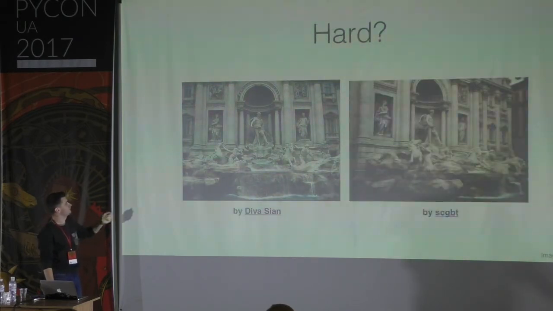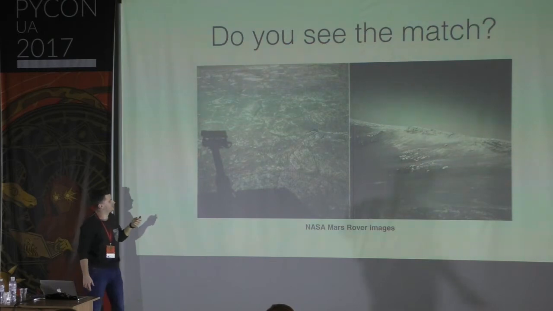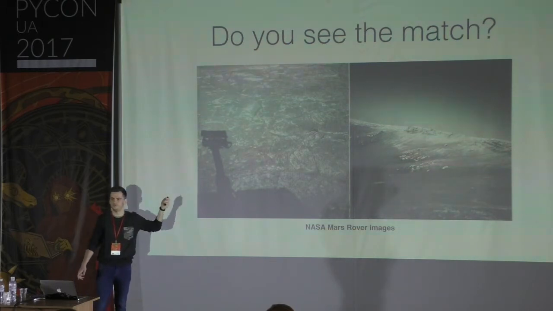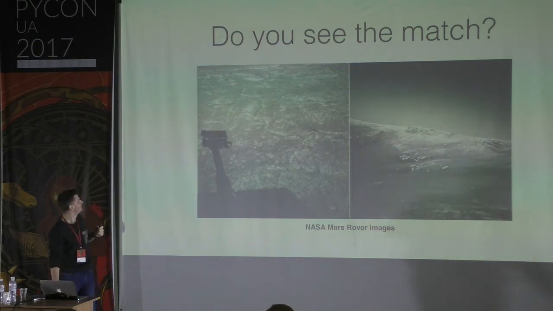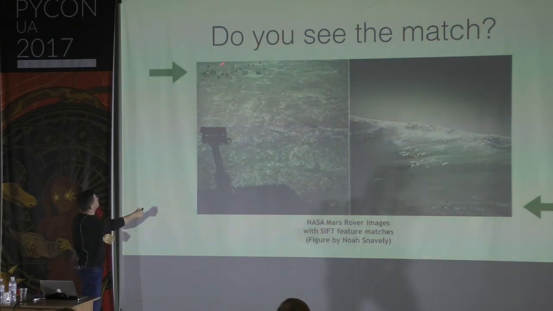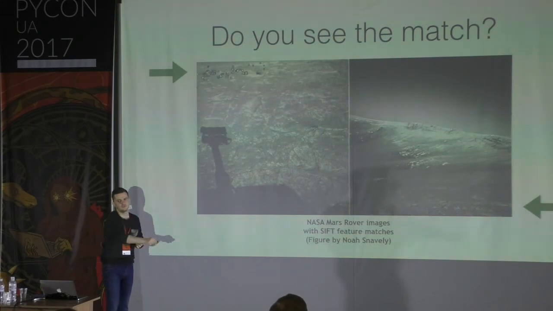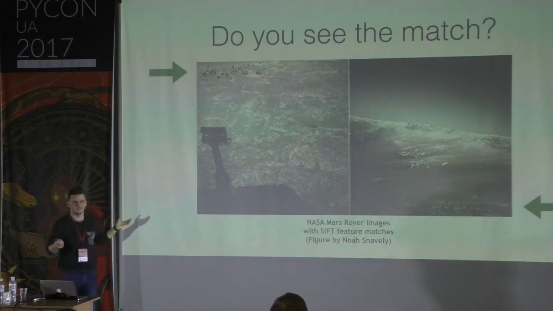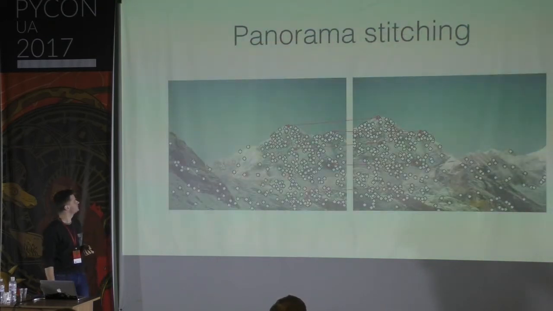It's even worse here, because the viewpoint is different. And I like this example. So does someone see the match between these two images? No? So actually, it's not bright here, but these rocks and these rocks, they're actually the same rocks. But again, color will not help us here. So we are slightly coming to local descriptors.